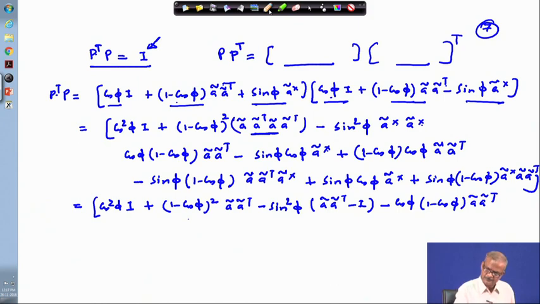Okay. So, here we erase it. Because this term, this is sin phi cos phi A tilde cross. So, this term is with plus sign and this term is with minus sign. So, they will cancel out. So, we simply eliminate that term. There are few more terms which can be eliminated.